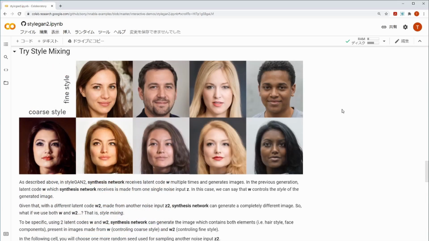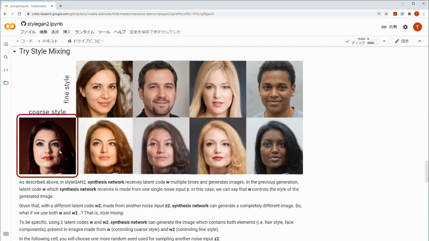Now let us try style mixing. StyleGAN2 usually uses a single variable z to generate faces as we did earlier. Now by using two latent variables, we can generate a new face that is a mix of styles of each latent variable. We will show that one of the latent vectors controls the content of the face, which is the base look of the face, while the other controls the style of the face, which are variations such as hair and skin color. This is called style mixing, and you can see an example here.